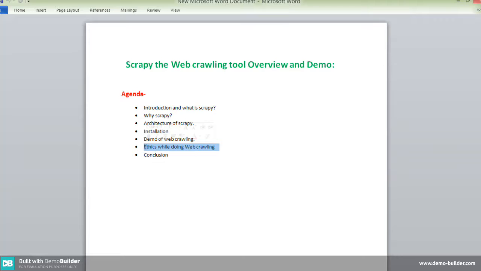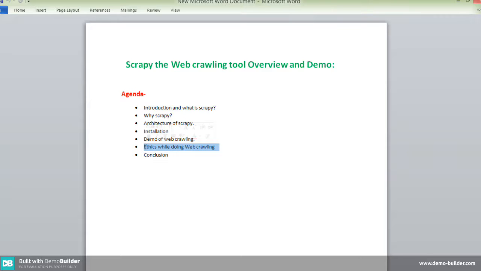Use the cloud. If we use the cloud, we can have a log or information about what we have crawled and what we have stored. Therefore, it is better to use the cloud, because then we have the proof of what we have crawled. Share your scrapers on scraperwiki.com. We can also share, and if it's freely available, we can use that Scrapy spider also.